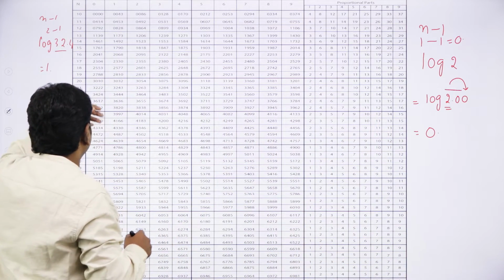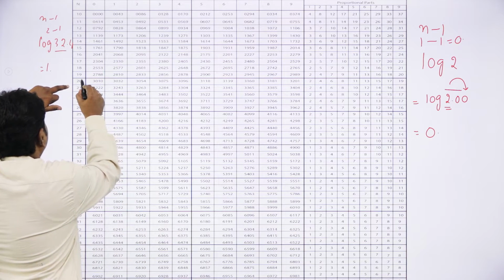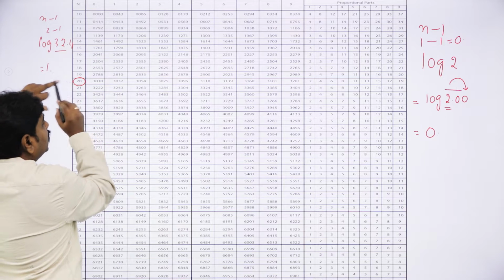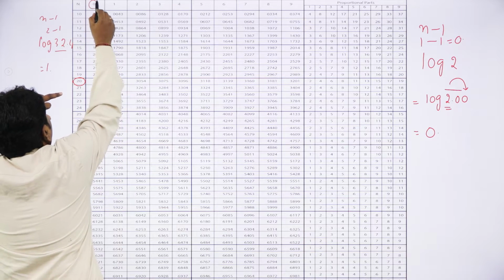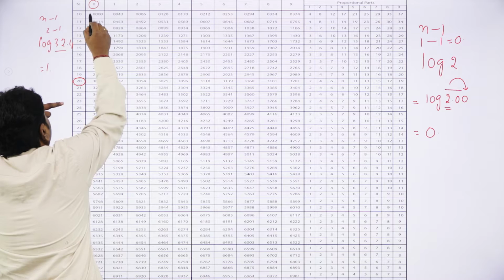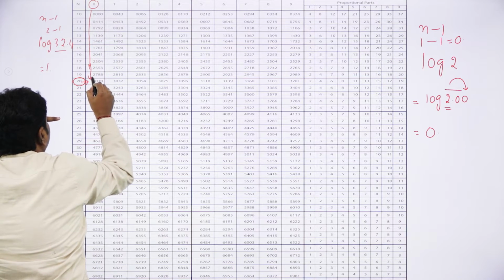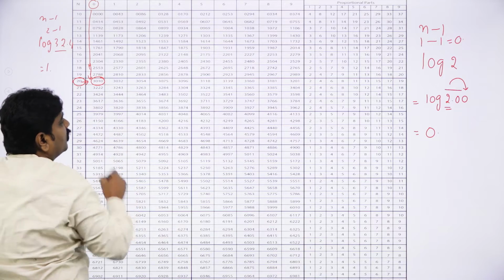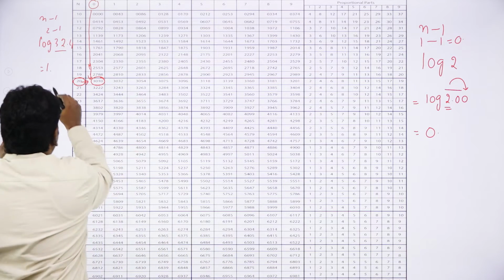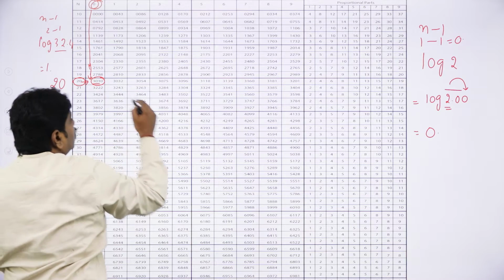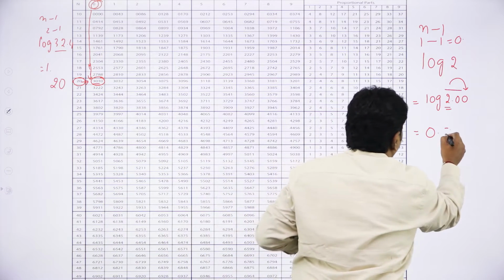So this is the log book. In the log book, the logarithm to the base 10, we have 20. Can you see 20 here, under 0? Vertically I will come under 0 and horizontally in front of 20. So I have this number. What is this number? 3010. This is 20 under 0. If you see, you will get a number: 3010.